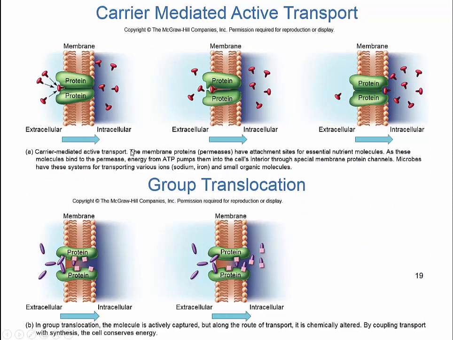So carrier-mediated transports can take place without energy, or they could also be active transports. And so active transports require ATP to facilitate the movement of a solute across the gradient. For example, active transport takes place with sodium. Sodium is actively pumped out of the host cell into the extracellular space or into the intracellular space, depending on